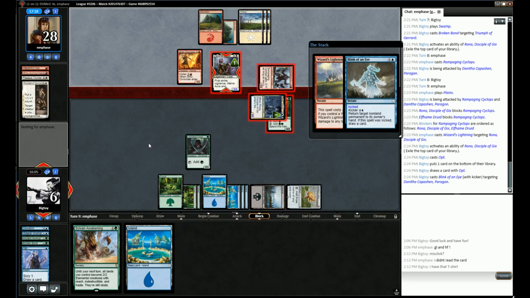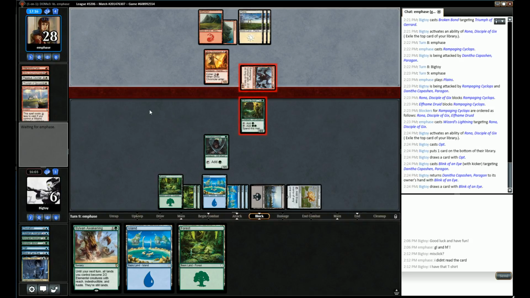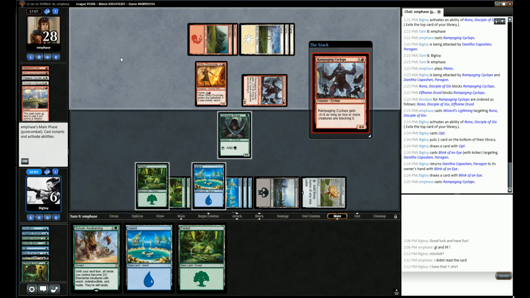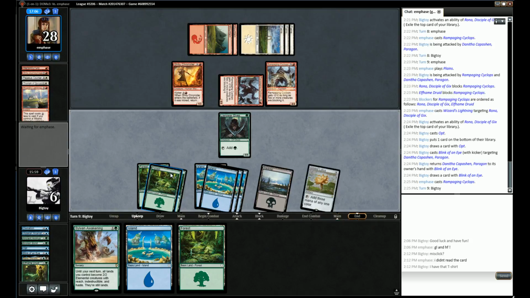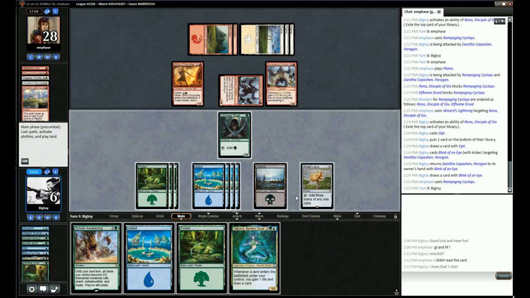I wonder what can get me out of this. Maybe a Tatyova. I'm not even sure if Tatyova gets me out of this. Losing a lot. So there's a Courser, and there is a... Ooh, double Rampaging Cyclops is going to be a little tough. Something useful? Well, there's Tatyova, so...